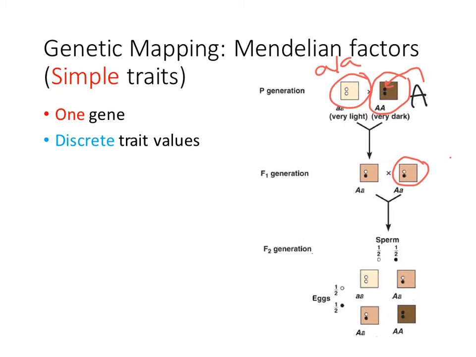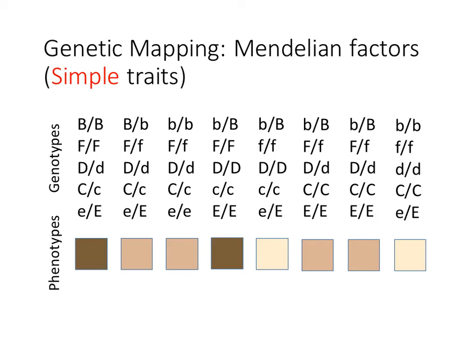So how would we go about figuring out what gene causes such a simple trait, skin color? This is simple mapping. This is where we think that there's a single gene that controls this trait, two different alleles. And we went through this exercise last time we had a lecture. And the idea here, we did this. So which gene, is it B, C, D, E, or F, that seems to control the trait